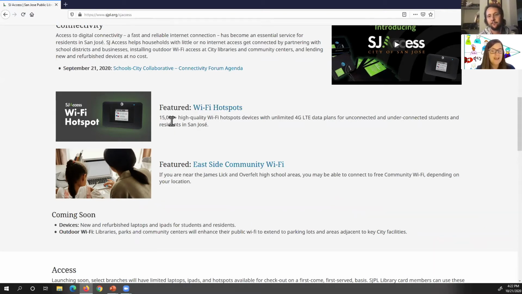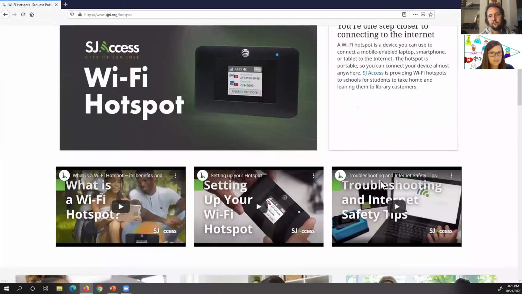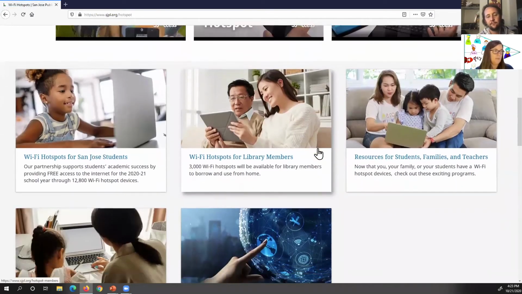So these are very impressive hotspots. They're really nice, and they're completely paid for in terms of the internet service. So if you're struggling with having so many people connected at home, definitely check this out. These Wi-Fi hotspots are available at all the branches that have express pickup. There's some information on here about how to get them and how to set them up.